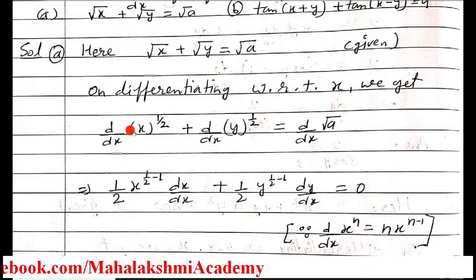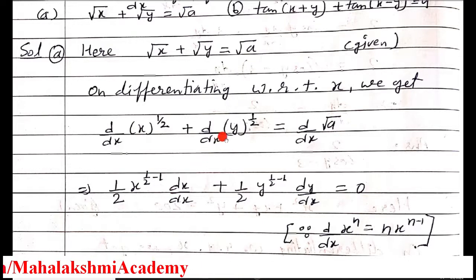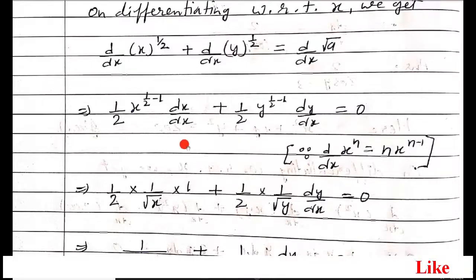Then according to the chain rule we have to differentiate this x again. Now here also n y^(n-1). Then according to the chain rule we have to differentiate this y. Its differentiation is already 0, as I mentioned. Now we will solve this. So half as it is.